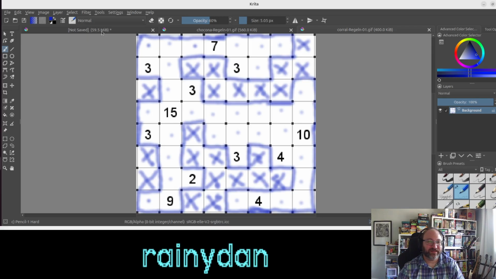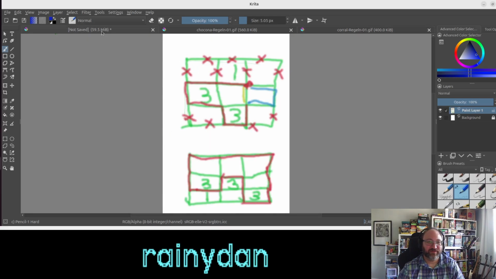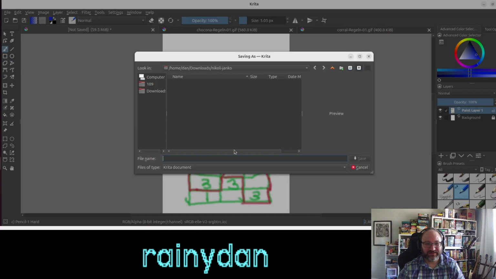What is this not saved 60 megabyte thing? Really? We use 60 megabytes for just a blank piece of paper? This is more of a, we created this as like a,